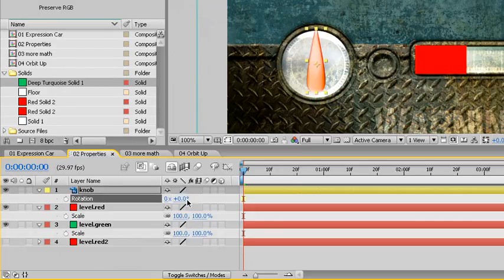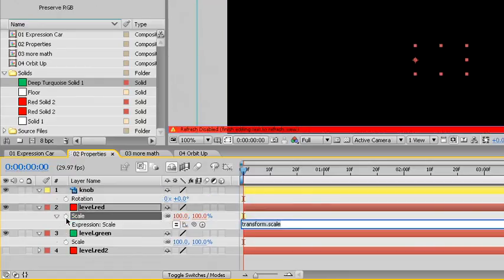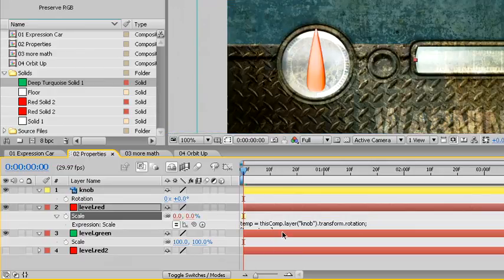Next, we'll set an expression for the scale parameter on our level red layer and tie it to the rotation for the knob. Using Alt or Option on the Mac, click on the stopwatch for the scale parameter on level red. Next, we'll use a pick whip to click and drag up to the rotation for the knob. When you release it, go ahead and hit Enter on the number pad,